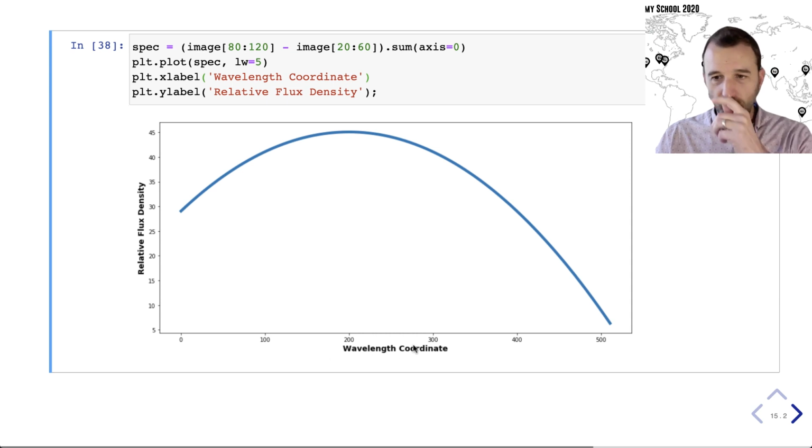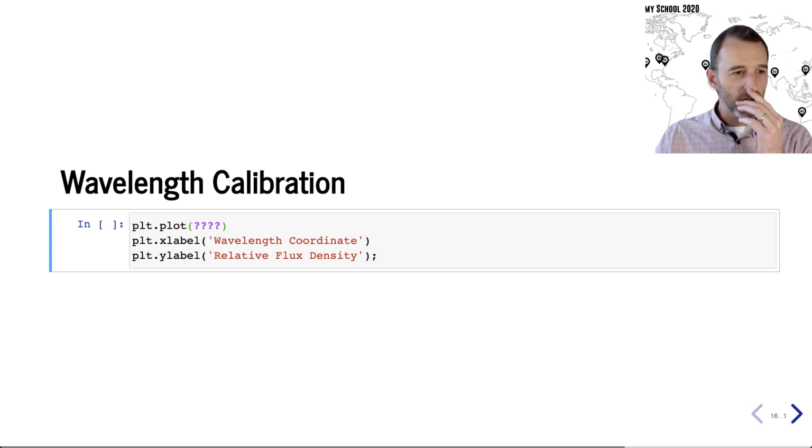Now we have some wavelength coordinate here, but we don't know what those wavelengths are, so we need to calibrate this as well. The way we can calibrate our wavelengths is by using known emission lines. A popular way to do this is to take a lamp where someone has taken the time in a laboratory to calibrate what each one of the wavelengths emitted by the lamp is. In this case, we can just use sky lines. If we use just our sky background and sum that over columns,